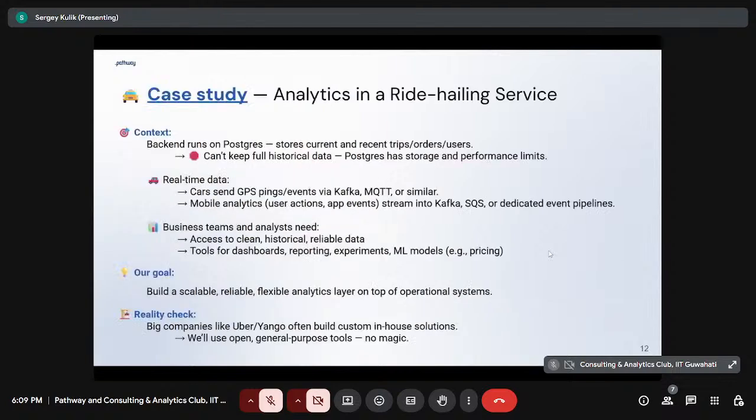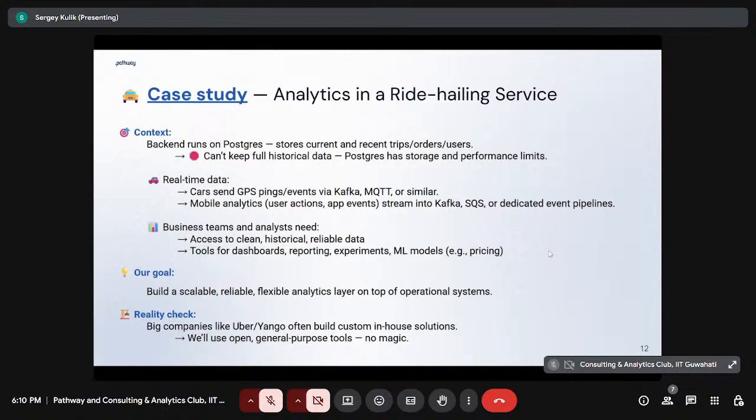Now, as promised, we know the main concepts of data extraction, and let's have a little example, partly hypothetical. However, I worked in ride tech, so it's hypothetical but influenced by what I saw from the production use case. So suppose that you have a service like Uber for calling a taxi. So you select a point on the map, you press the button, the taxi arrives, you sit, you go somewhere, and that's it. We need to build the analytics